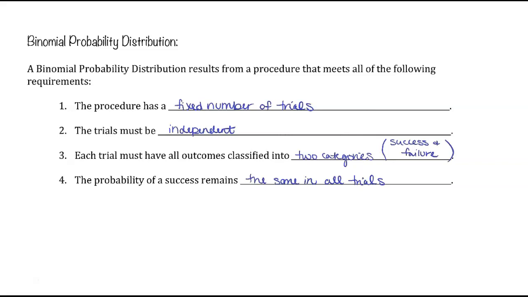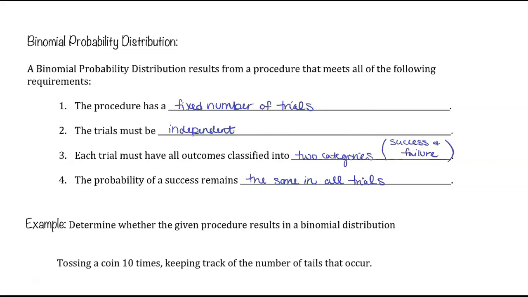it a little differently. For example, let's look at this procedure and see if it results in a binomial distribution. The procedure is tossing a coin 10 times and keeping track of the number of tails that occur. First, does this procedure have a fixed number of trials? Yes, we are told that we are tossing the coin 10 times. Second, are the trials independent? Yes, what the coin lands on in one trial does not affect what the coin lands on in a next